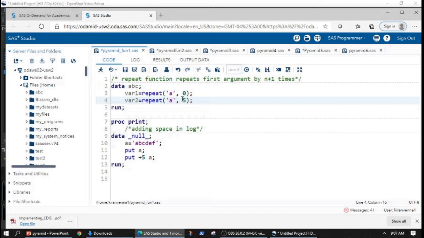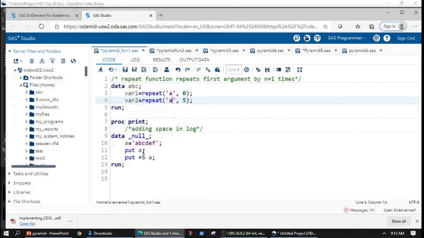Now the second one I want you to look into is the put statement and how to add some space in the log. The put statement puts the variable value or string into the log. Now we have A equal to ABCDEF.